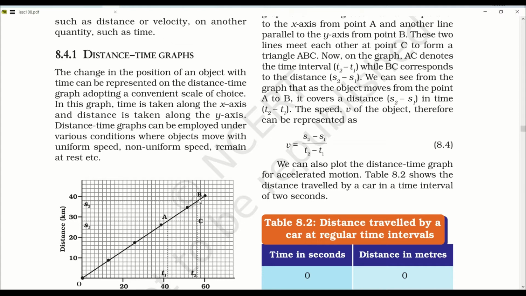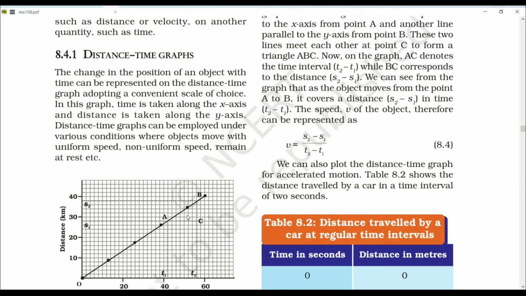s1 from C to B. It has covered from C to B, s1 and s2. So s2 minus s1. What you have to do? You have to subtract the distance s2 minus s1, and you have to subtract the time t2 minus t1. And if you find the ratio of s2 minus s1 upon t2 minus t1, you will find the speed of